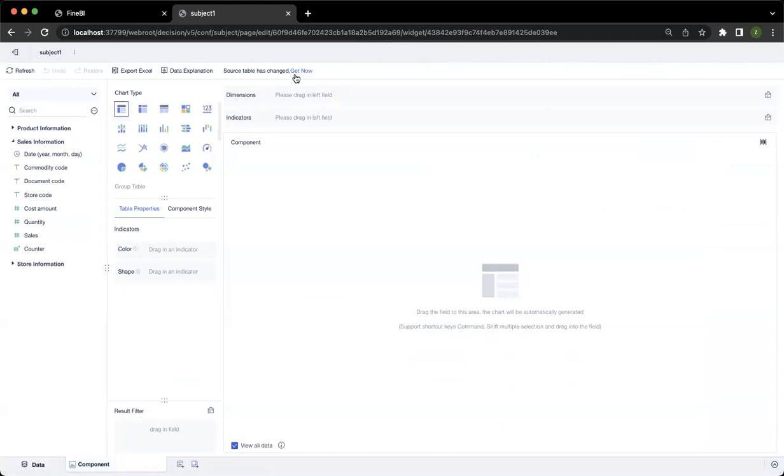It may need some time. Okay. Source table has changed, and then we get now. Okay, very good. We can see gross profit disappear. And the first is